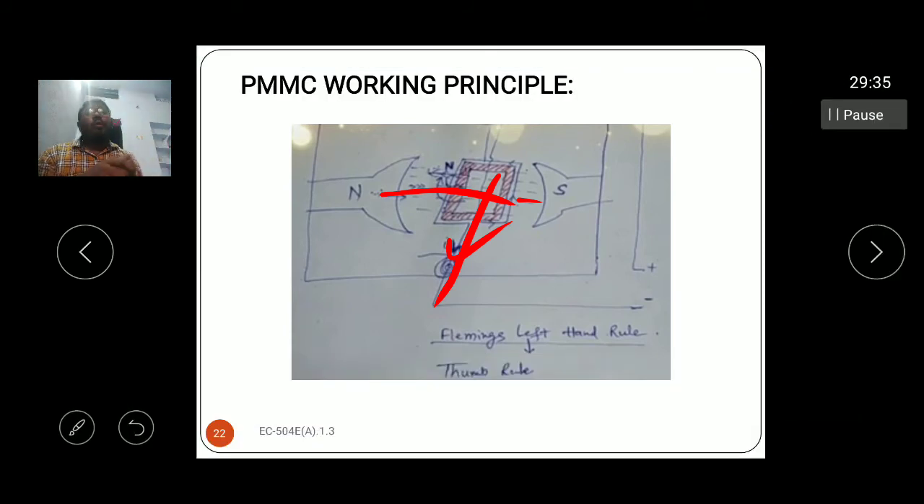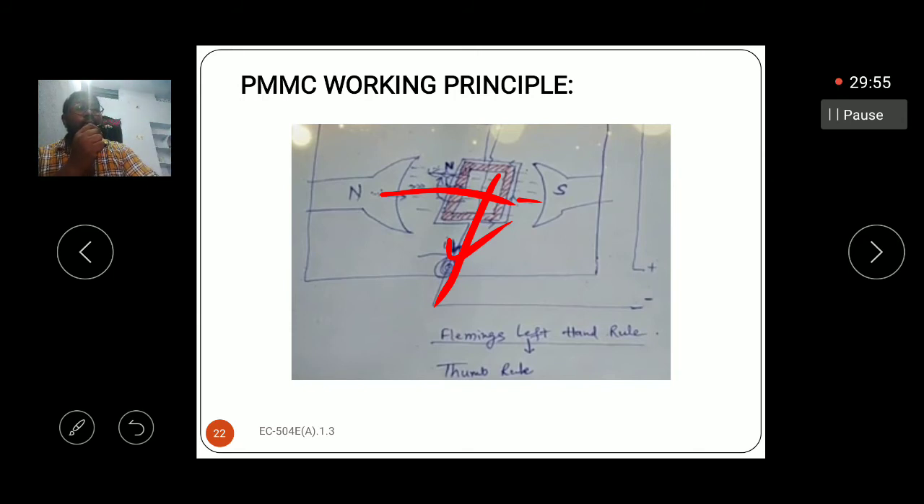Here, one more important thing is that the PMMC is a DC instrument, because the supply connected here is a DC supply only, not an AC supply. Why are we using the DC supply only? For example, suppose we are using an